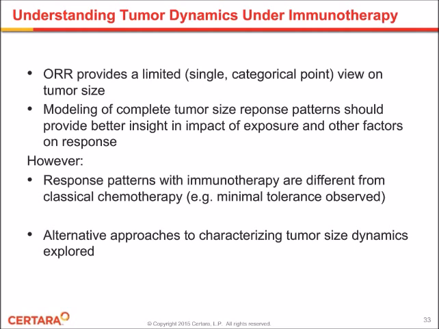However, if we then look into immunotherapy, the response patterns there are somewhat different from those seen with classical chemotherapy. In chemotherapy, you often see tolerance developing, so a regrowth of the tumor. We haven't seen those types of patterns, at least not to a large extent in immunotherapy thus far. So alternative approaches have been explored to characterize tumor size dynamics in immuno-oncology. And one is shown here,